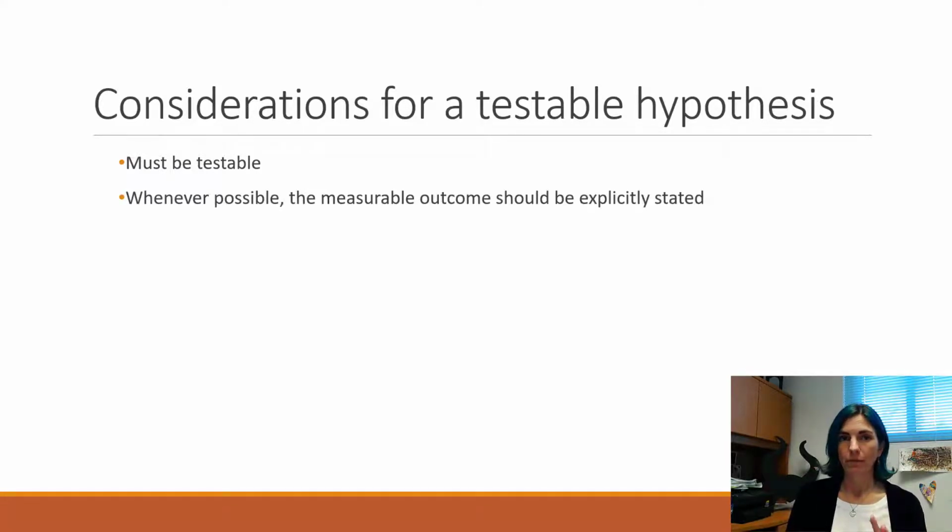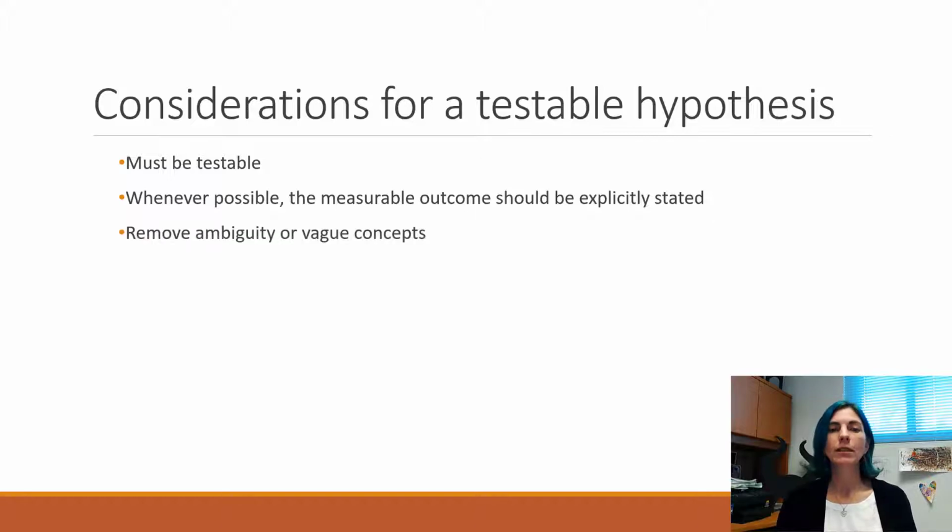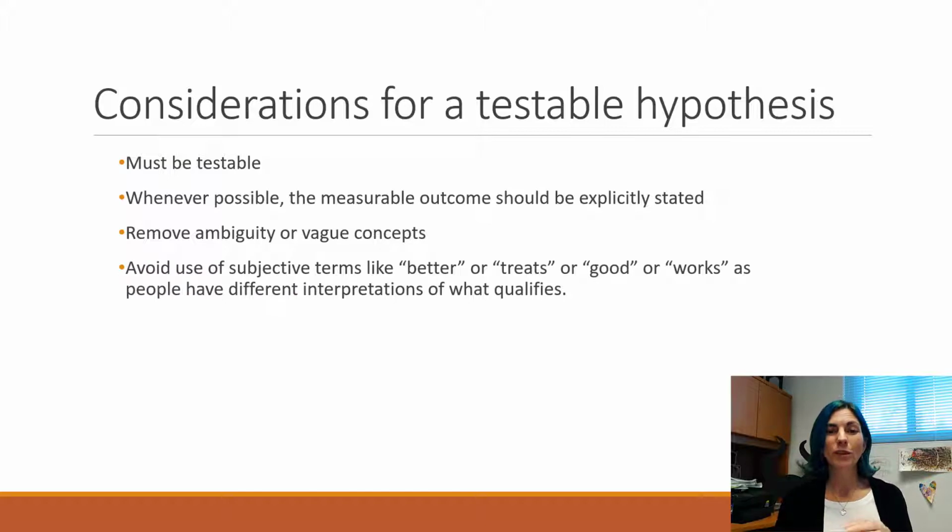Whenever possible, you want to have your measurable outcome explicitly stated. You don't want to use amorphous terms or vague terms or ambiguous terms. You want to explicitly state what you are measuring, and if at all possible, it should be quantitative, not qualitative. And you want to remove all subjectivity so that the way you interpret the results would be the same as anybody else's interpretation. So that means words like better,